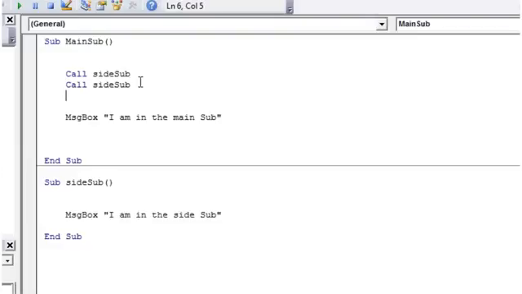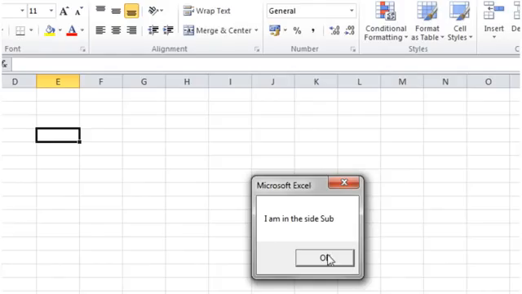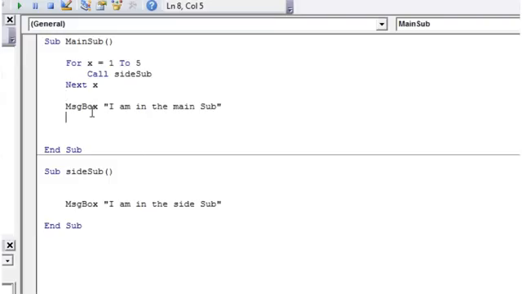What we can also do is put it within one of the loops that we've just learned. So we can say For x equals 1 to 5, and then Next x. When we play this, it's going to say "I am in the side sub" five times. That can be really useful if you've got a sub procedure that you want to keep running over and over and over again. So that's the basics of